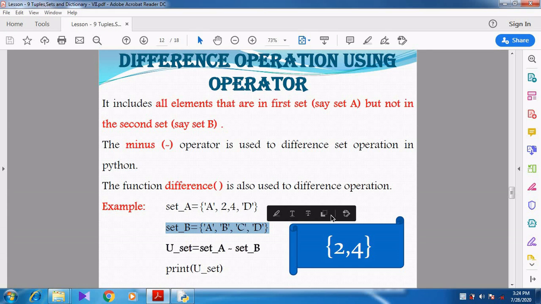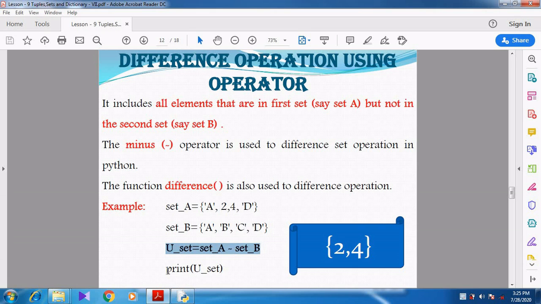Set A. How many elements are in set A? 4 elements: A, 2, 4, D. But A and D are common in both set A and B, so we should leave out the elements A and D. What are the other elements? 2 and 4 are the elements which are not available in B. So the difference operation will happen. set_A minus set_B stores 2, 4.